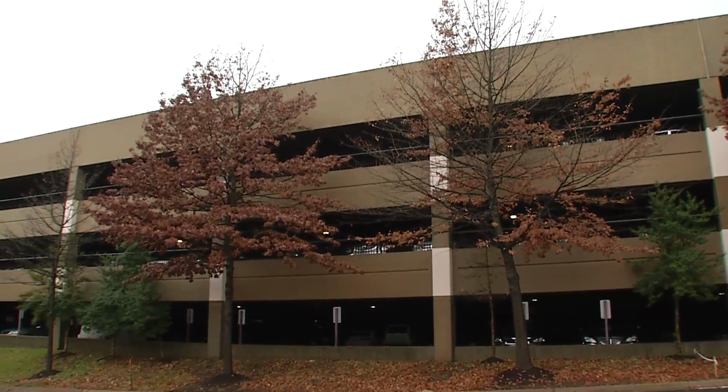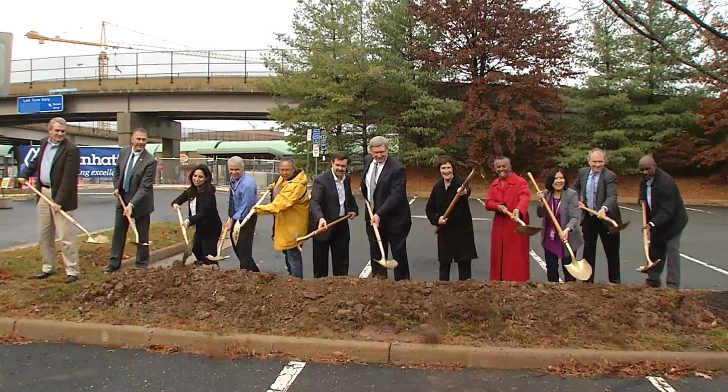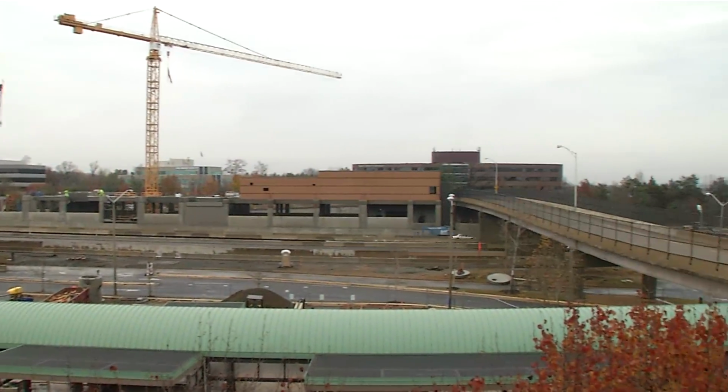with a double-story bridge. So the official groundbreaking marks the beginning of our construction efforts, and it's a great milestone in our schedule of accomplishing the goal the county has for providing this service and this facility for the metro